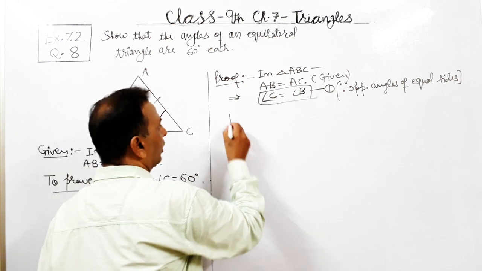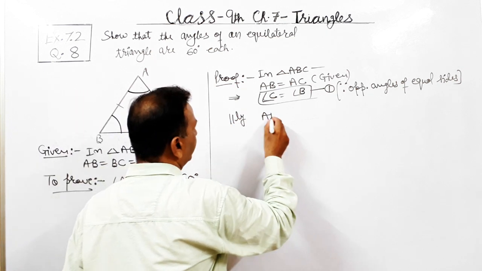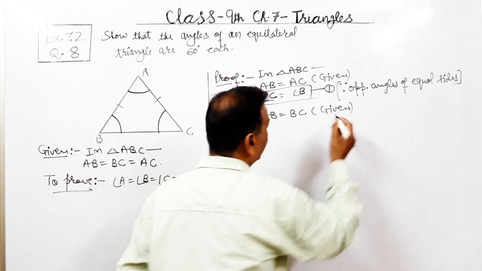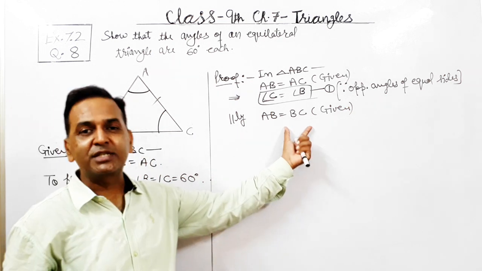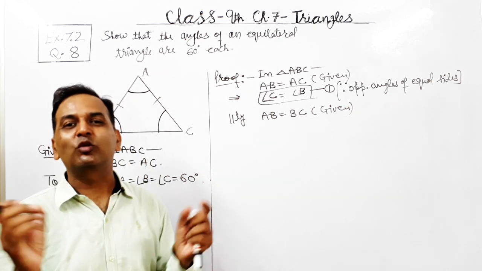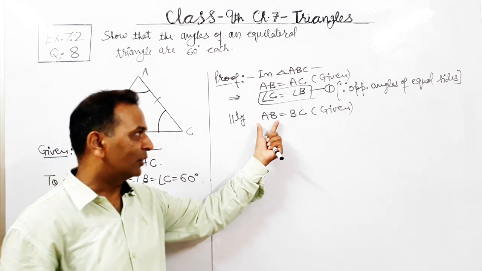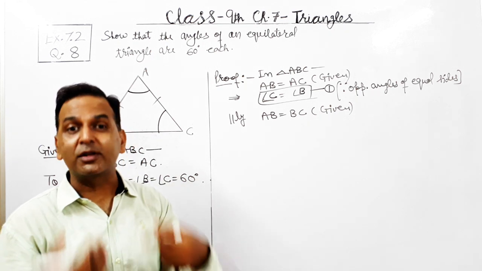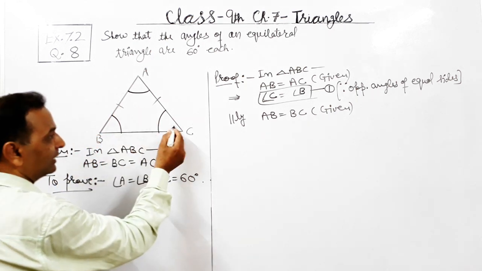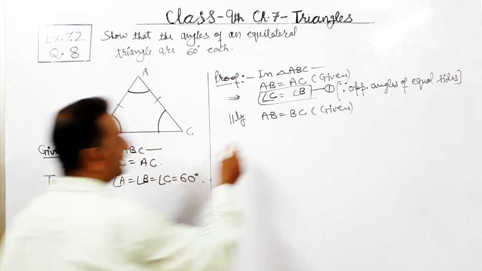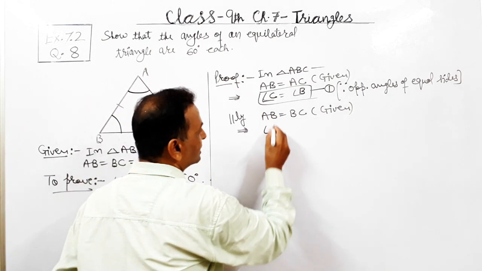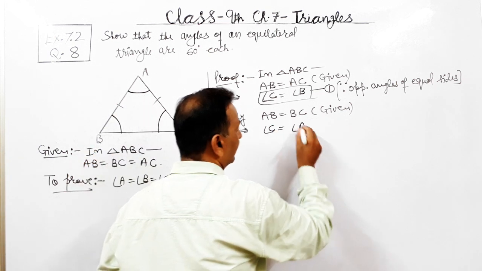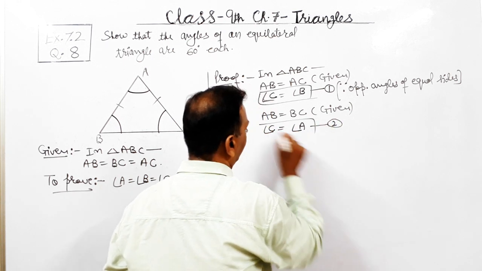Similarly, the next one we can also write down. This AB is also equal to BC. Why? Because this is also given. All the three sides are equal, so we can write down AB and BC are equal. जब तीनों sides equal हैं, तो किन्हीं भी two sides को equal लिखा जा सकता है. And now, if AB and BC are equal to each other, then their opposite angles will also be equal to each other. AB opposite angle C, side BC opposite angle A. So this implies the angle opposite to the side AB, that is angle C, and the angle opposite to the side BC, that is angle A, are equal. This is result number 2.